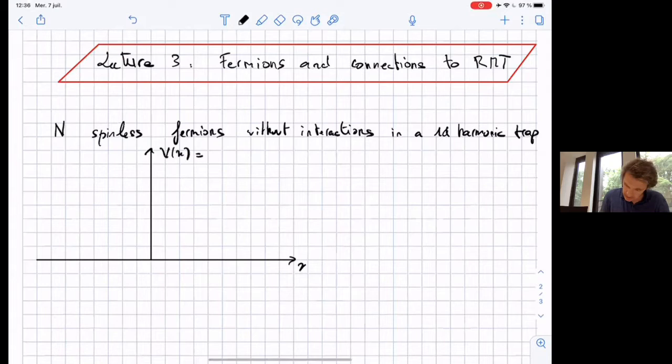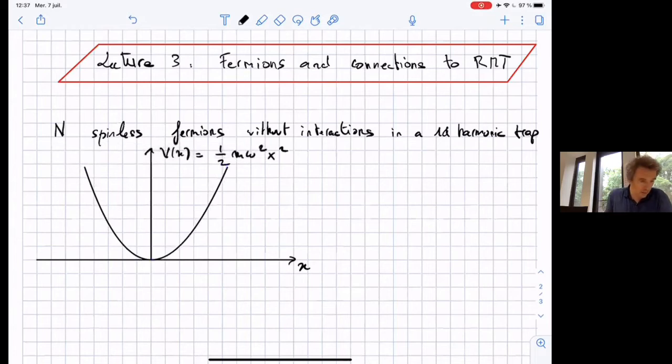So that will be my potential V of x, of that type. So another simple model, okay? And I want to understand what happens when I put fermions in this model, in this trap. So that means that basically I will have a full Hamiltonian, which will be the sum